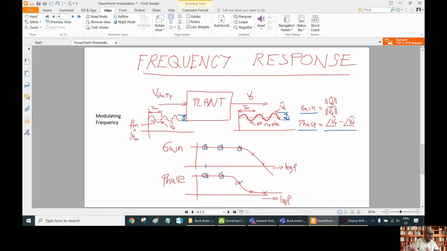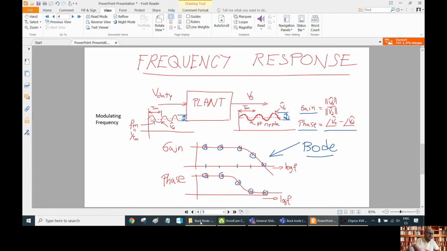Okay, and then we can do the representation at the different frequencies. So this is the idea, we can obtain our Bode diagram for both the gain and the phase. Now we are going to see an example of how to do this in LTspice manually, to better understand